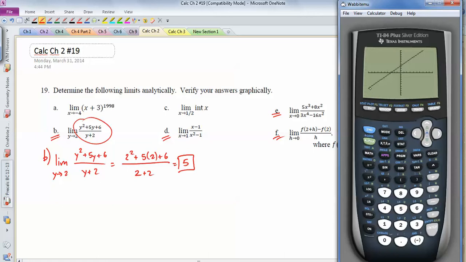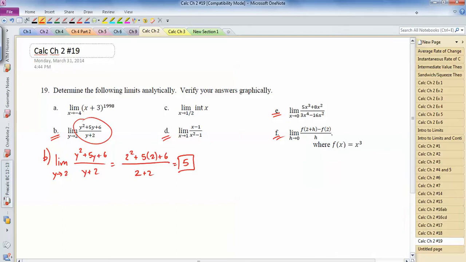By the way, this graph is not entirely accurate because at negative 2, when y is negative 2, right here, it looks like the y value is defined, but really there's a little hole right there. And if we went to the table and scrolled up to negative 2, you'd see, look, there's an error right there. So, okay, in D,